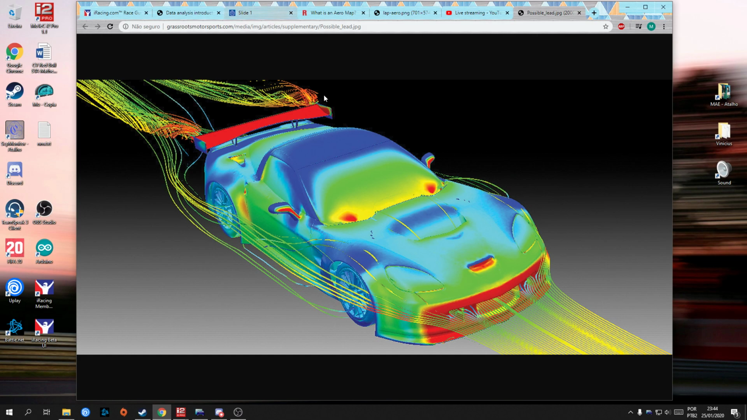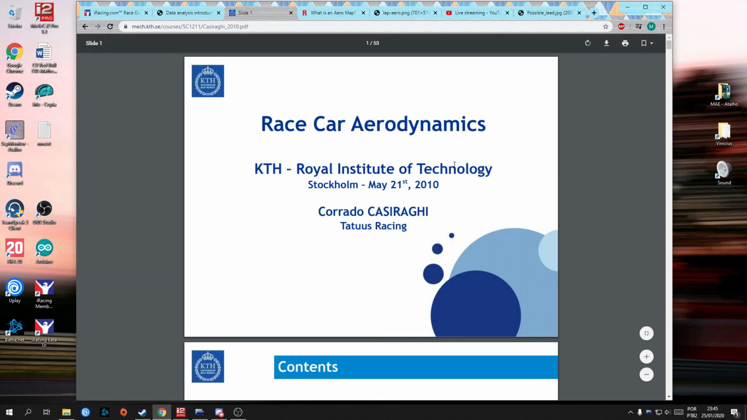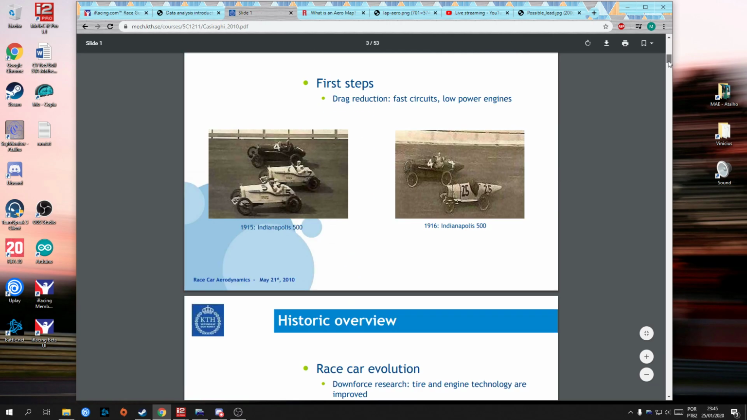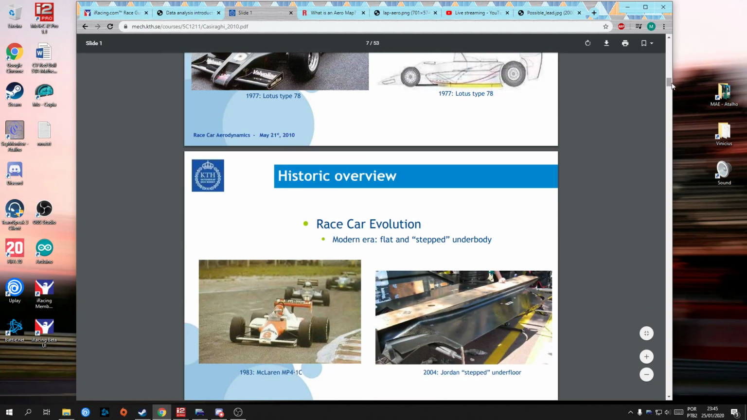So before I start showing you data and some other things, I think I should make a small introduction to what race car aerodynamics look like in a larger scope. So I found this nice slide. It was actually the third result on Google when you type race car aerodynamics. I can type the link in the description afterwards. So this one covers a lot of things, and it's way more technical than I actually want to get